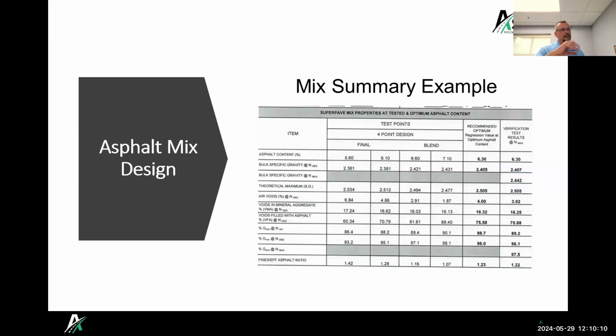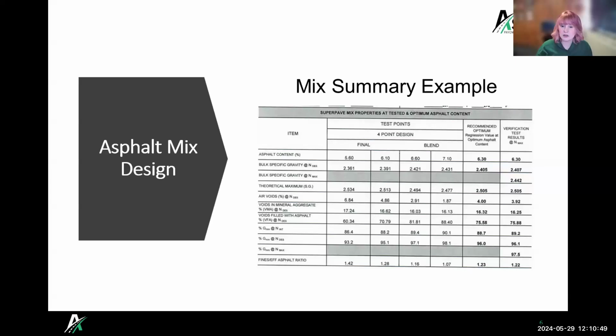Once we've got that aggregate blend, we figure out how much liquid asphalt we need, and sometimes it's by trial and error. You try to figure out it's probably going to be in this range, so you want to make sure you have a couple points on each side of it. If we picked wrong and don't have it bracketed, maybe we have to run through it again and try different amounts. Some of that iterative process is what makes it take so long. Makes sense. All right, so we can see where our asphalt content is there at the top.